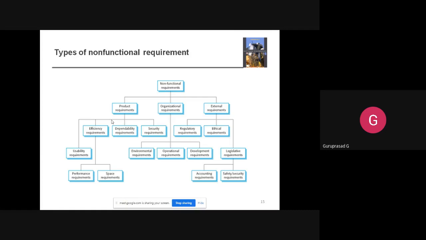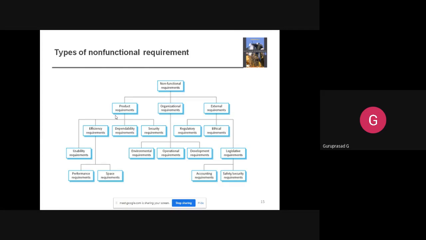And the final one is external requirements. External requirement means what? It will cover all the requirements that are derived from factors external to the system, as the name tells. Generally regulatory requirements are there. For example, a bank has its own set of regulatory and legislative requirements that have to be followed, to ensure that the system operates within the law. So you can see that these are all the external requirements.